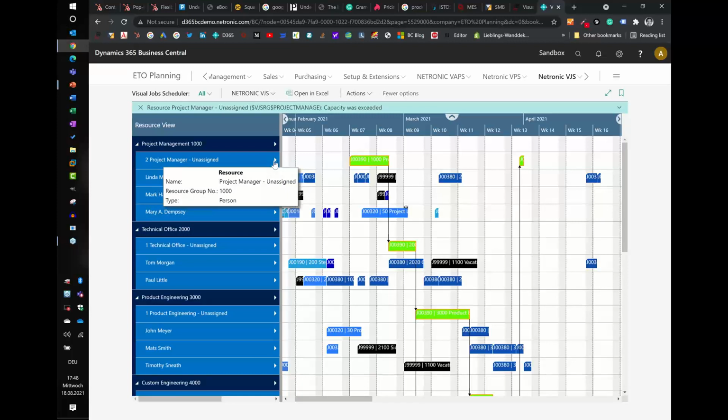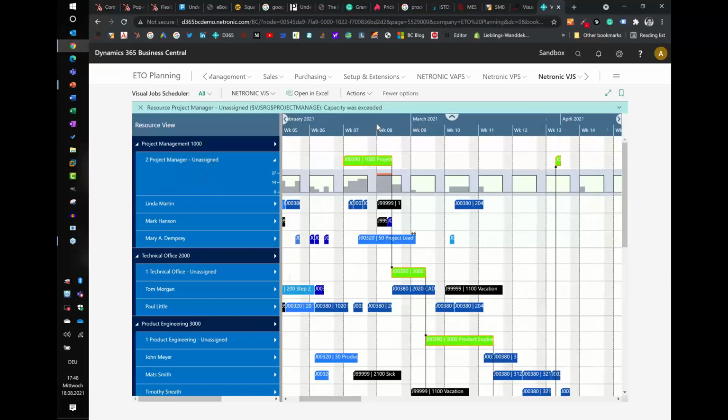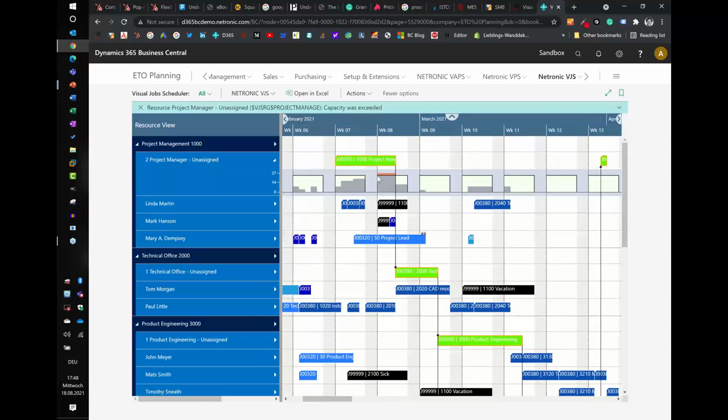So what we have here is what we call the histogram, the capacity utilization chart. And for this unassigned resource group, for this dummy resource that comes with this specific prefix, this is the aggregated capacity utilization of these 3 guys, also of all resources that are part of the resource group. And we see that with the current schedule, we lack project manager capabilities here in that week. So we can tell the customer, look, we will not be able to start in this week